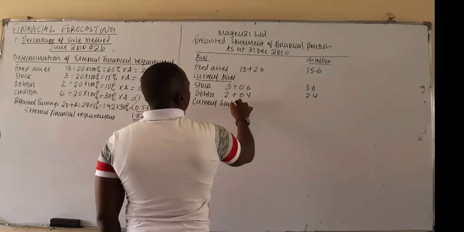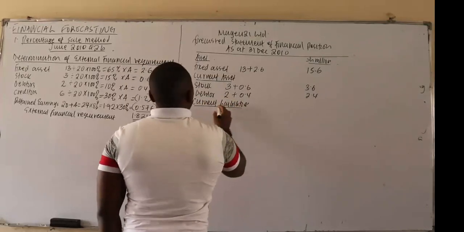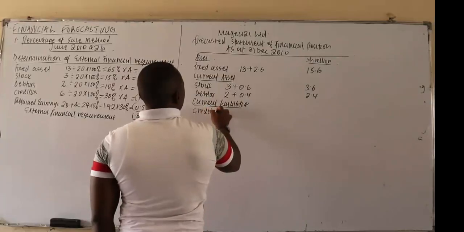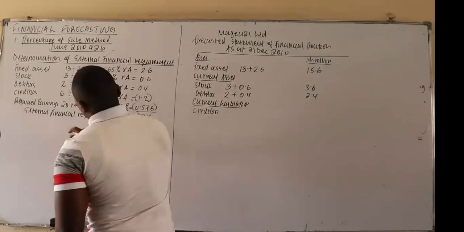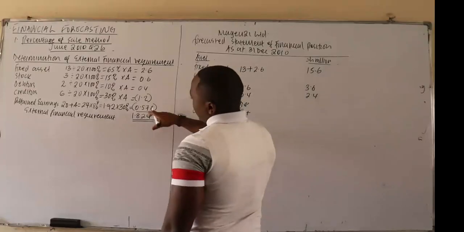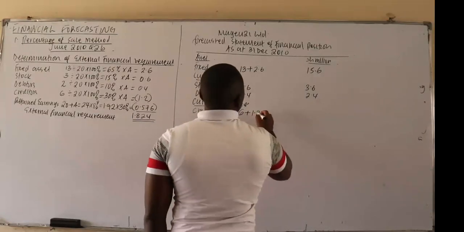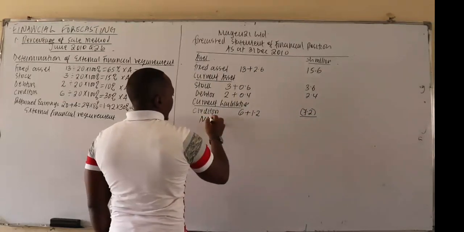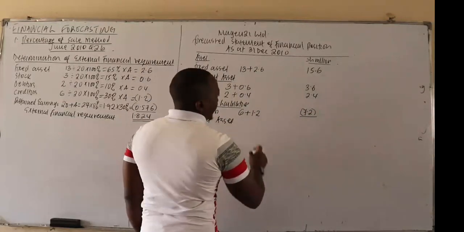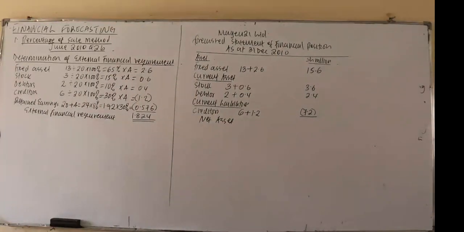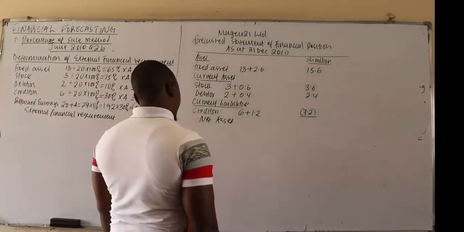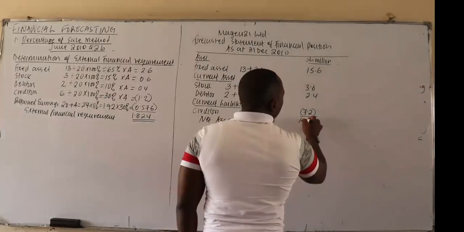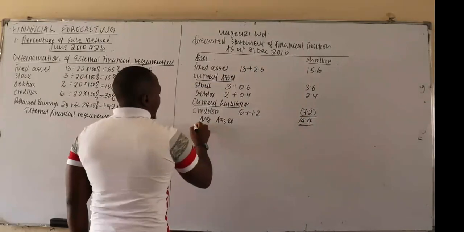Current liabilities. For the current liability, we have the creditors. Now, creditors was an amount of 6. And then you add the incremental element of 1.2, and you get an amount of 7.2. Now, give me the net asset. How much will be the net asset? $14.4. And then financed by